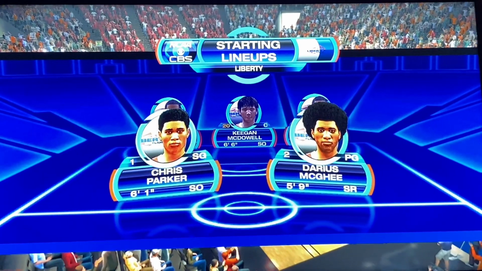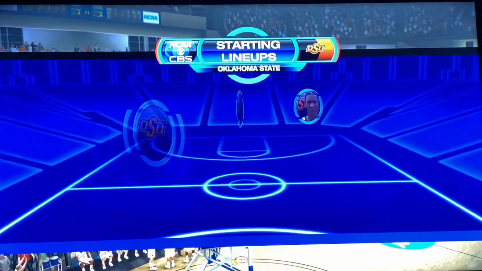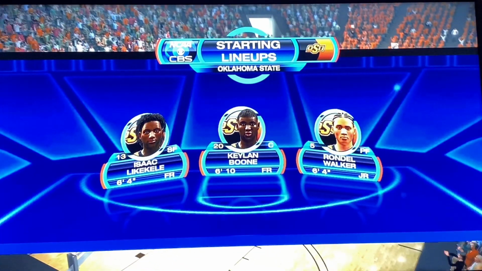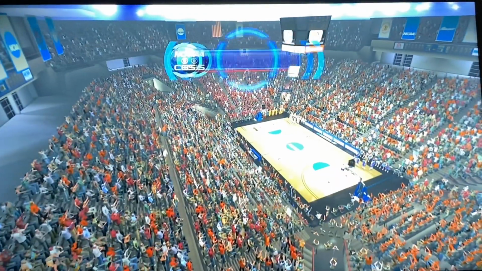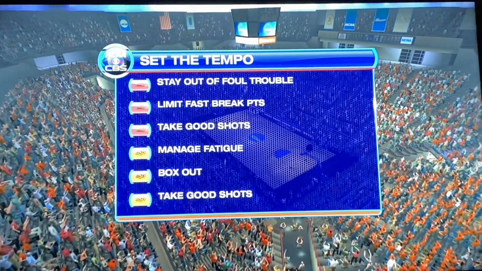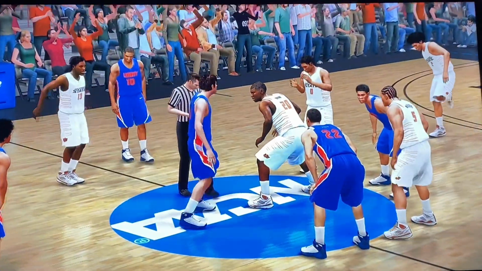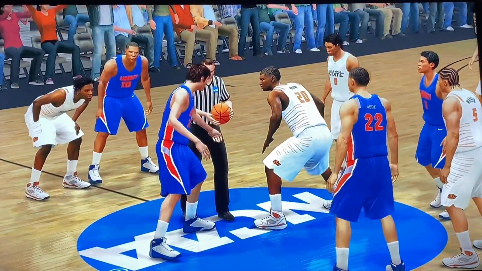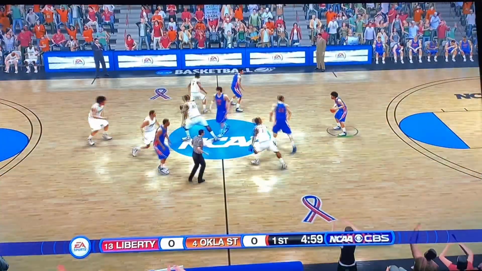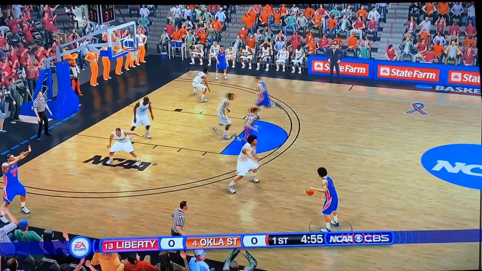So let's check these starting 5 rosters here. Man, I am super excited to see what happens here. We have Cade Cunningham right there. I know it's not the best option, but that's the best face I could give him here. Oh man, I'm super excited for this game. Oklahoma State as a whole is a very good team, but Liberty is always known as one of those best smaller conference teams. Heck, they upset Mississippi State in the 2019 tournament. Can they upset them again here in this one? Let's see what happens. Liberty getting the tip here to start this game.